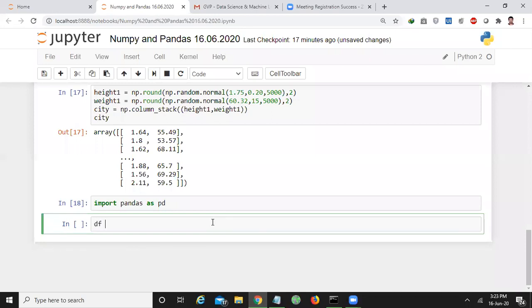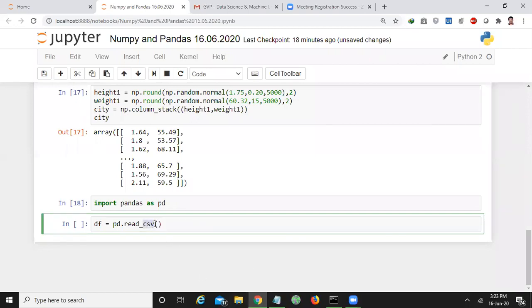Generally, we declare that as a variable df. Df stands for data frame, which is a data structure used to study the data. So first you have to know how to load the data into this data frame. Generally, data sets are available in the form of CSV files.